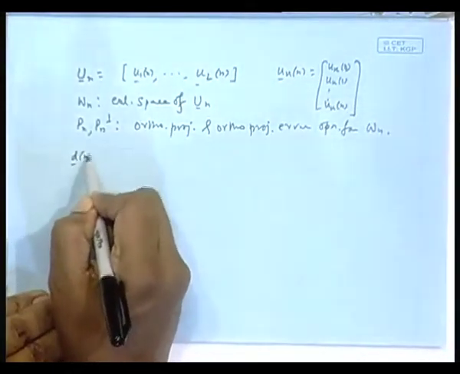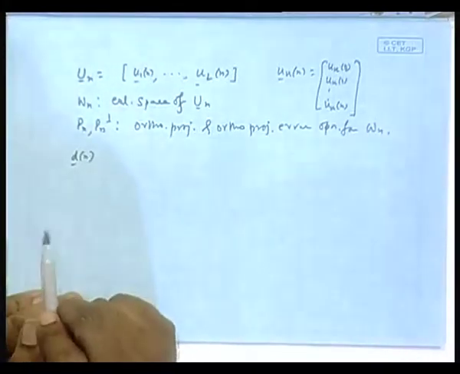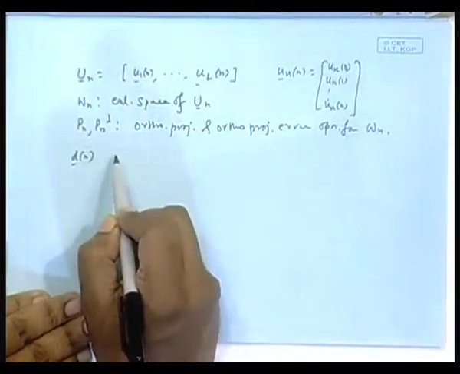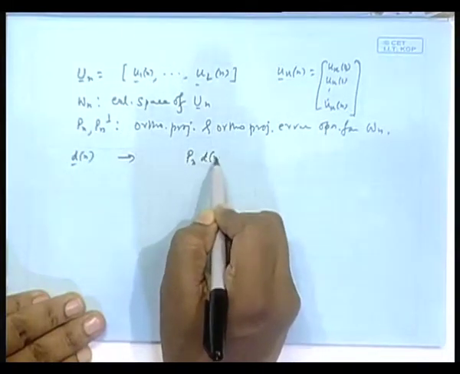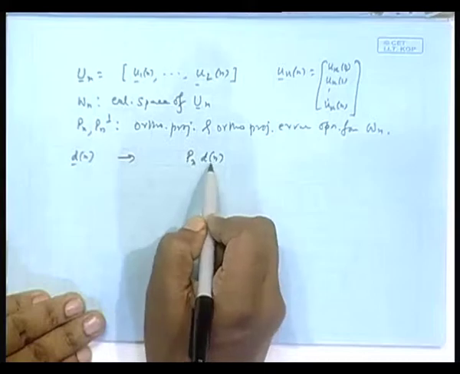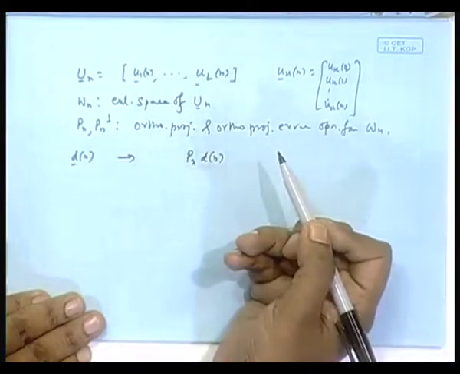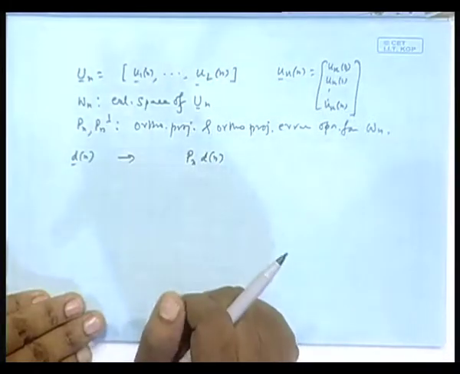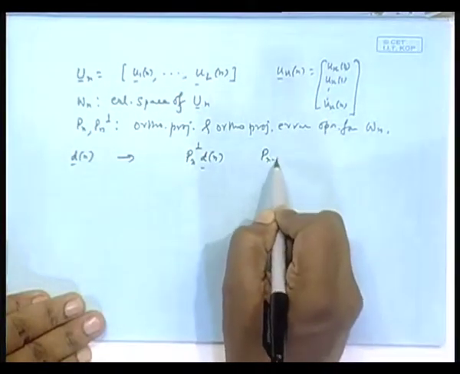Dn is an external vector, okay. Here I want to find out this estimate, this projection. It could be either Pn dn or Pn perpendicular dn, because when you have Pn dn, Pn perpendicular dn is no problem, you subtract from dn. So maybe I write directly. This I want to relate somehow to